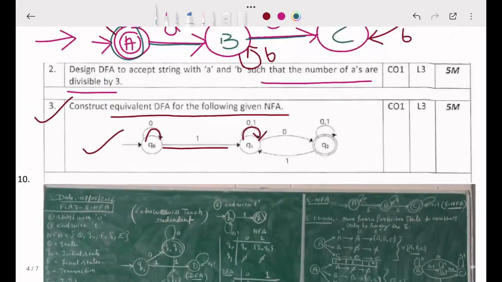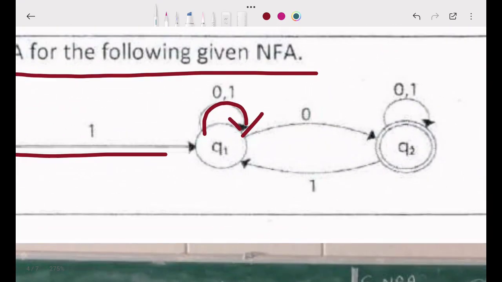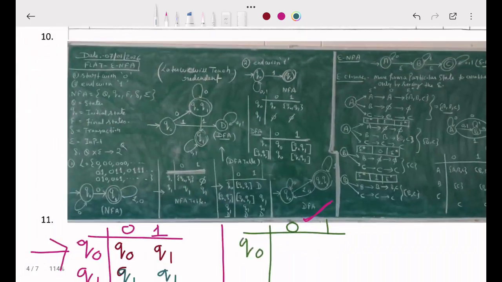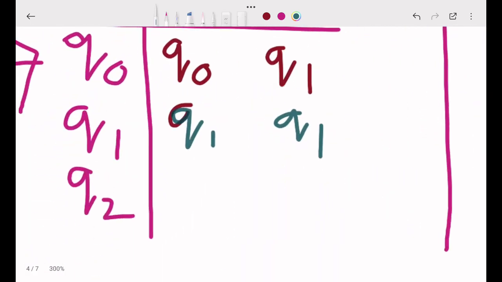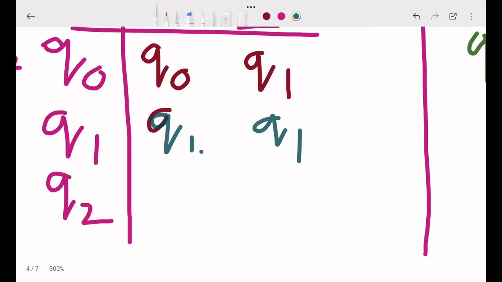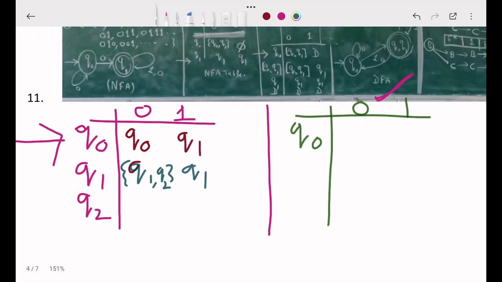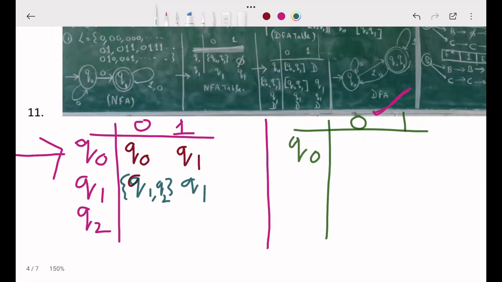Now next, but here also for 0 I am going to Q2 also. What is the meaning of this? I will write Q2 here. For 0 I am going here also. So I will write it in curly brackets. I am reaching the state. Now next